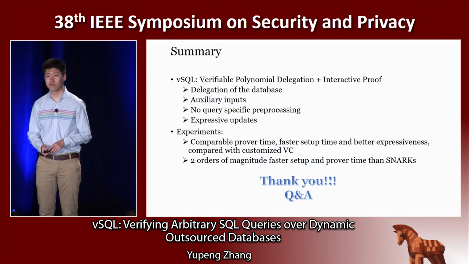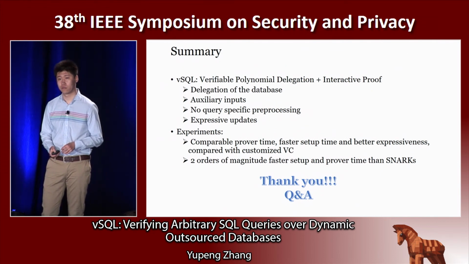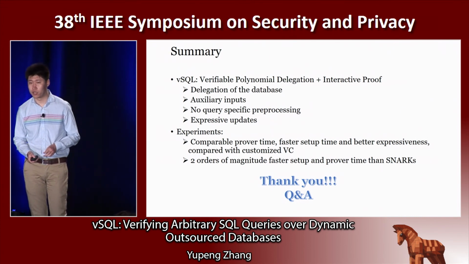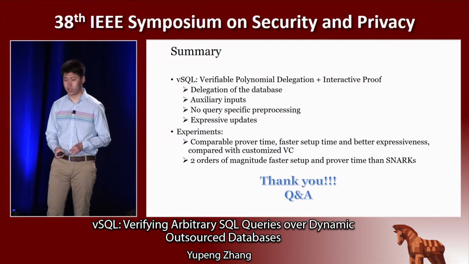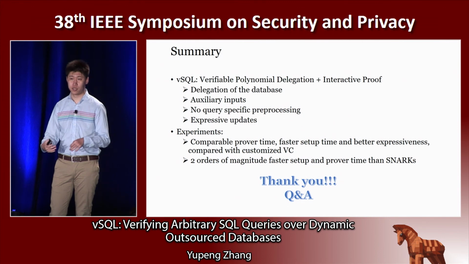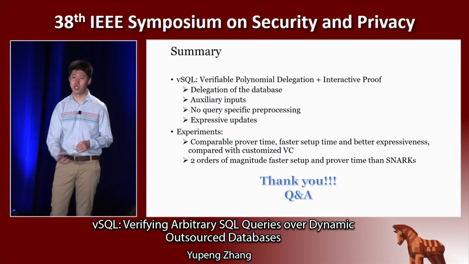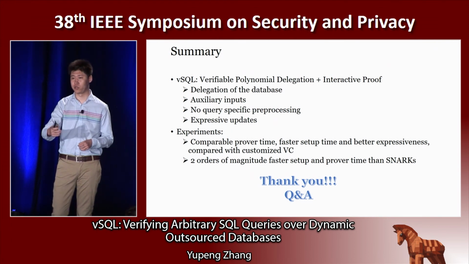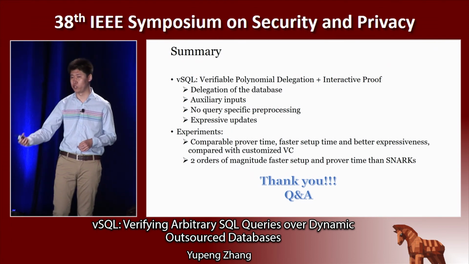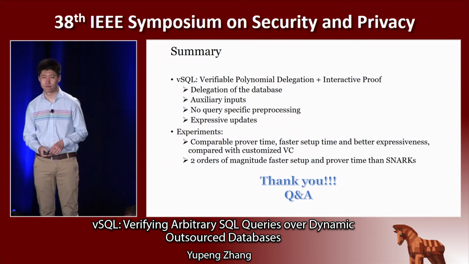And can you give a hint on how you handle dynamism? Because it seems like your digest is fixed for... I'm sorry, how you handle updates. Yeah, because the output of the circuit can also be a commitment. So what you need from the output is a random evaluation. So the server just sends you a commitment of the output. You use the VPD again to get the random point, and then complete the whole protocol. So in this way, you get a new commitment for a new database. Thank you.